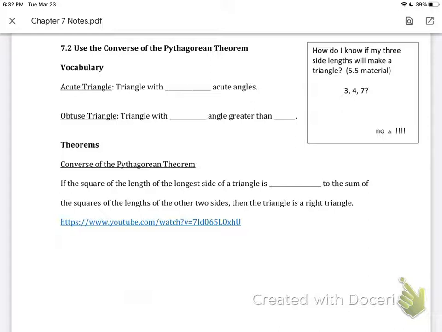We have two vocab words first. So the first one says an acute triangle. We know that from previous lessons. An acute triangle is a triangle that has three acute angles. And remember, acute angles are less than 90. That's an example of an acute triangle. Okay, so acute is less